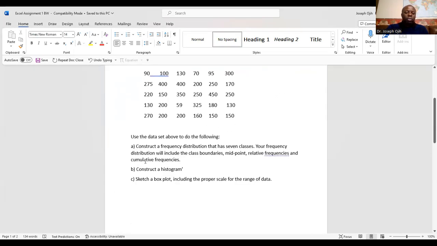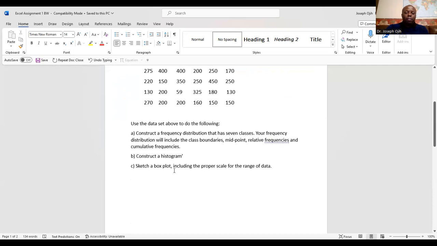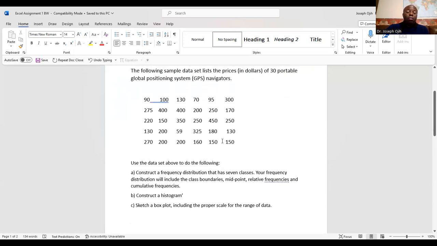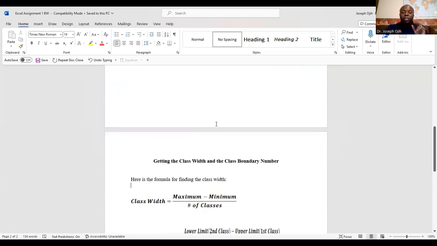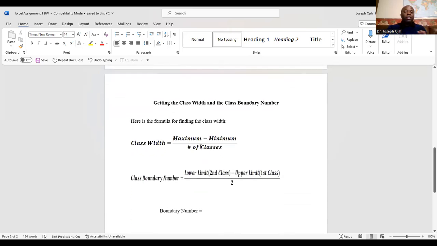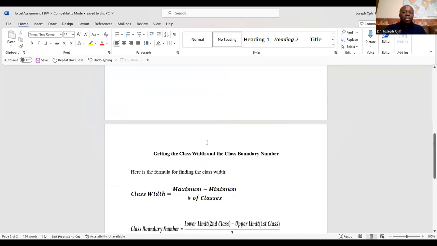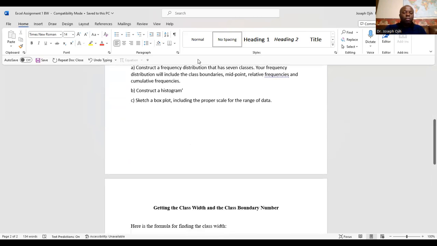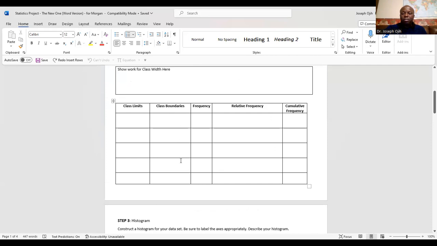Anyway, the question also wants you to construct a histogram and also to sketch a box plot, including proper scale for the range of the data set. Now, to do these things, for the frequency distribution table, you need two things. Like I said, you can do it in Excel, go to the data set, use the data analysis tool to do it, but the answer might be off in the sense that you may not be able to get the values for the boundaries,